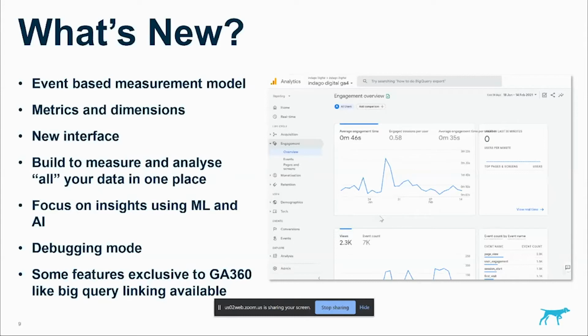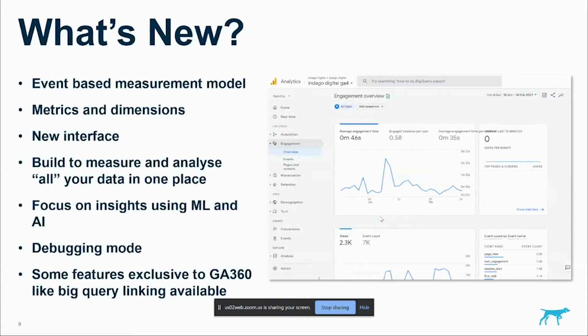There will be a lot more focus on insights. Again, I'll show you guys how this would probably work using Google's machine learning and AI capabilities. These features are still a bit available in the Universal Analytics version as well, but according to Google, the GA4 platform is basically custom built to provide insights that are actually usable. So asking questions around your data would become a lot easier, and then finding answers to them.